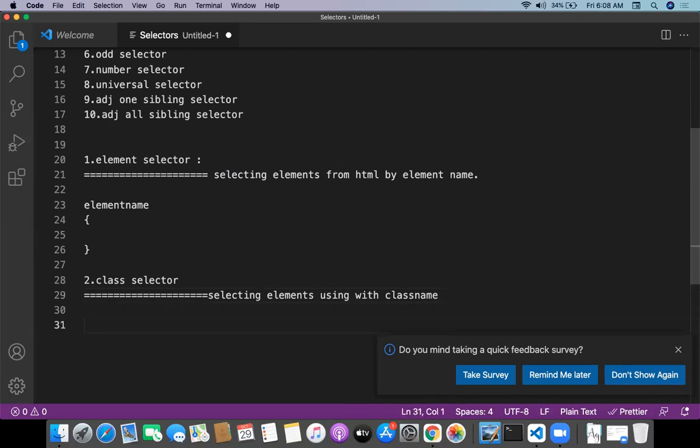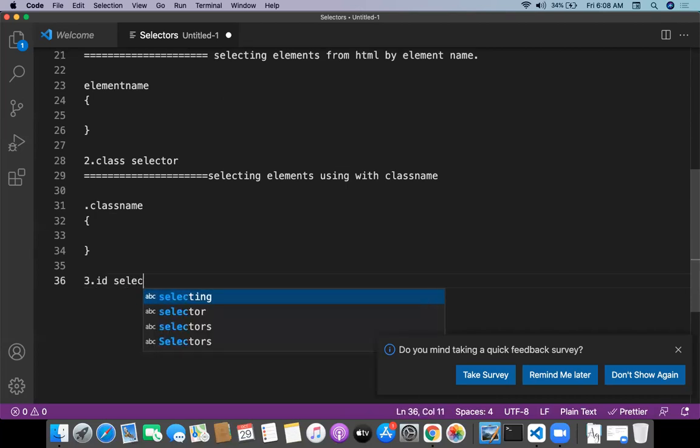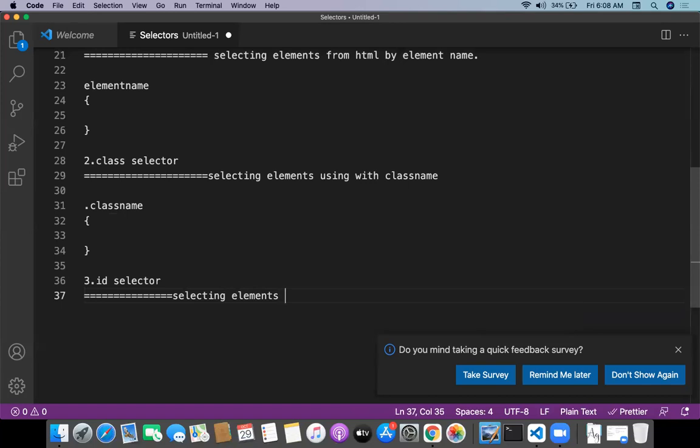And this is very simple: dot class name and curly braces open, curly braces close. And the next one is ID selector. These three are the most important selectors: the first one, second one, third one. ID selectors, selecting elements using the ID name, hash precedence.